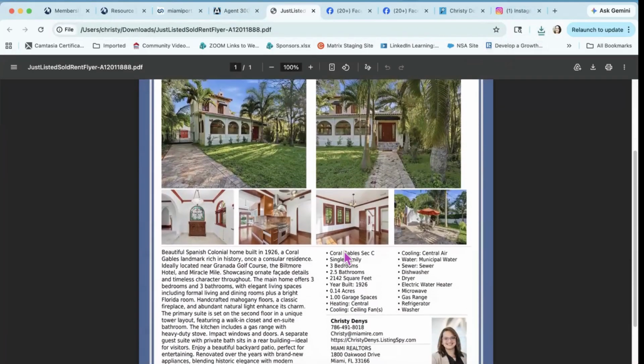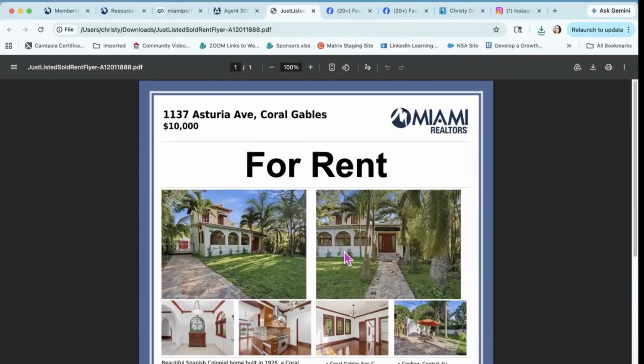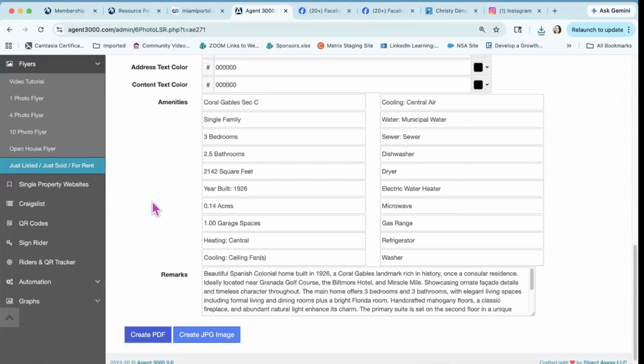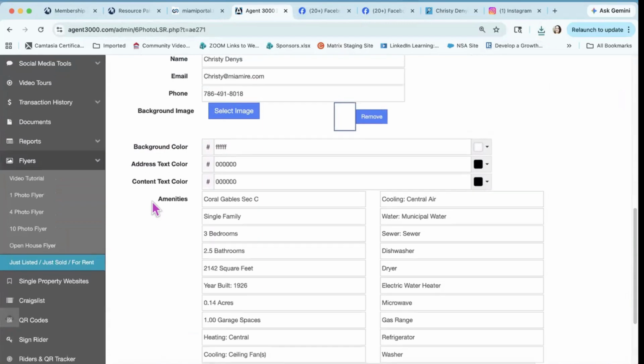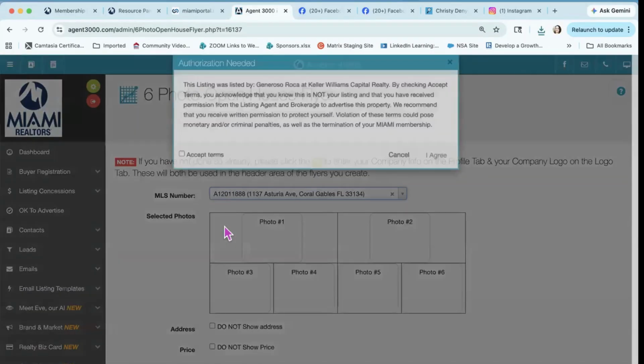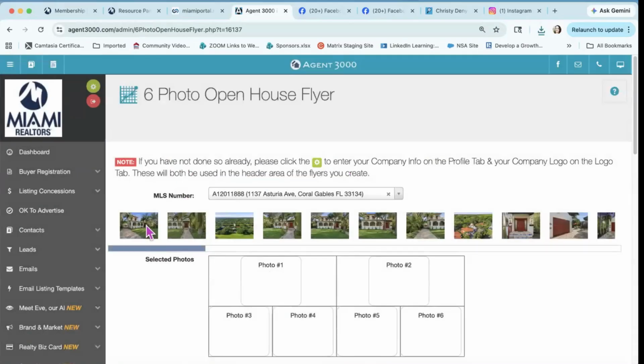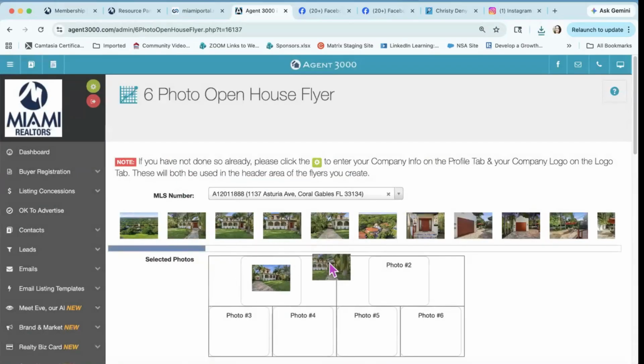And here is your for rent flyer done in just a few seconds with an MLS number. If you know how to do one, you know how to do them all. Let's do the open house flyer. You're going to put in the MLS number, accept your terms, drag your photos in place,